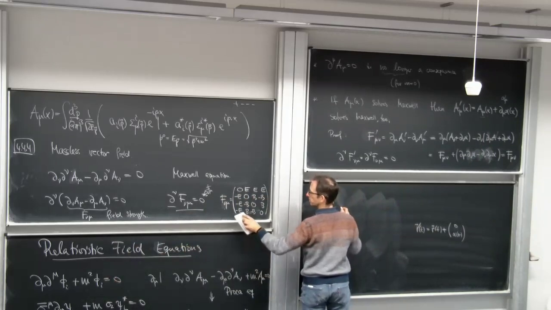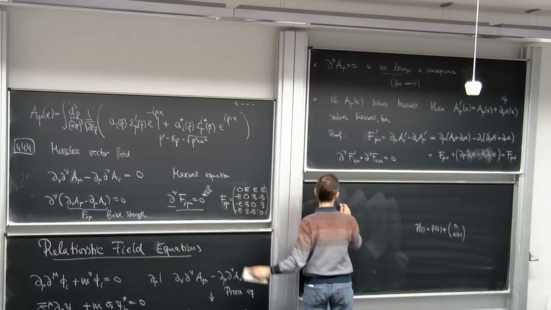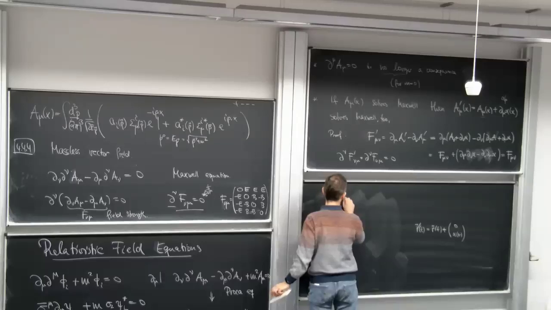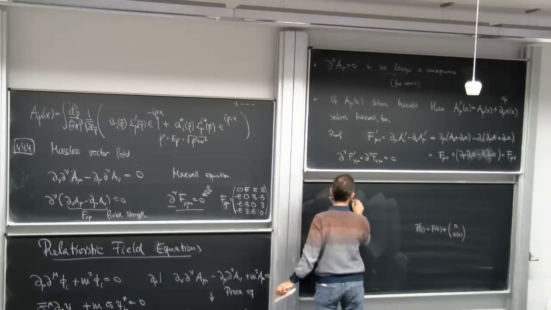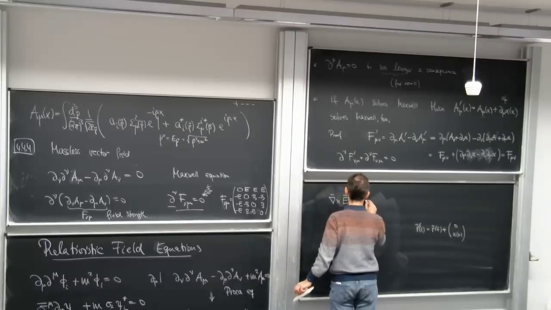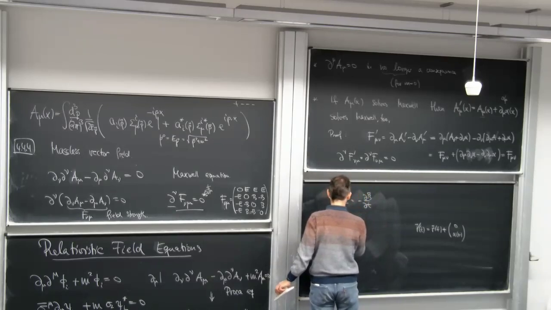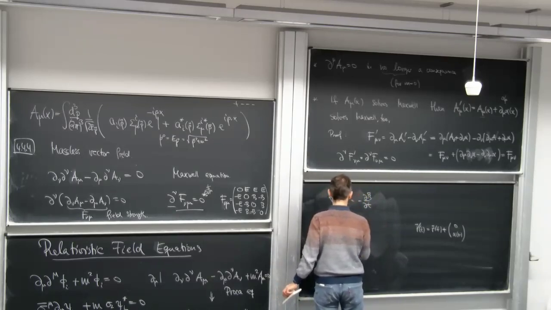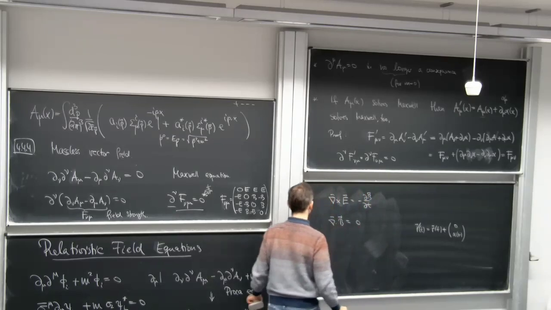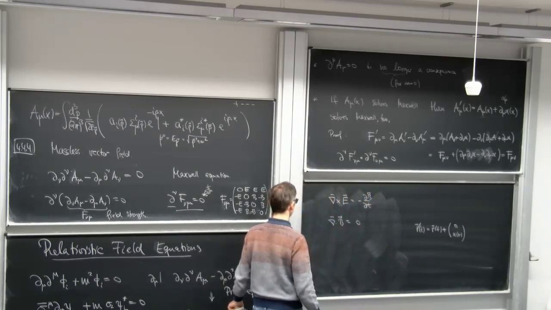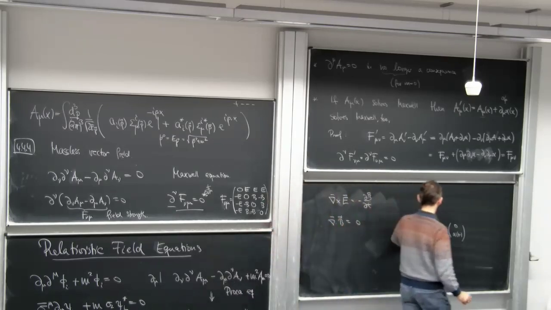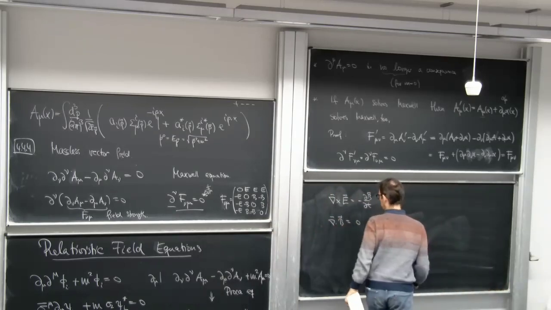I want the homogeneous one. So curl H minus d dt of E is 0. And then they liked, hey, we can